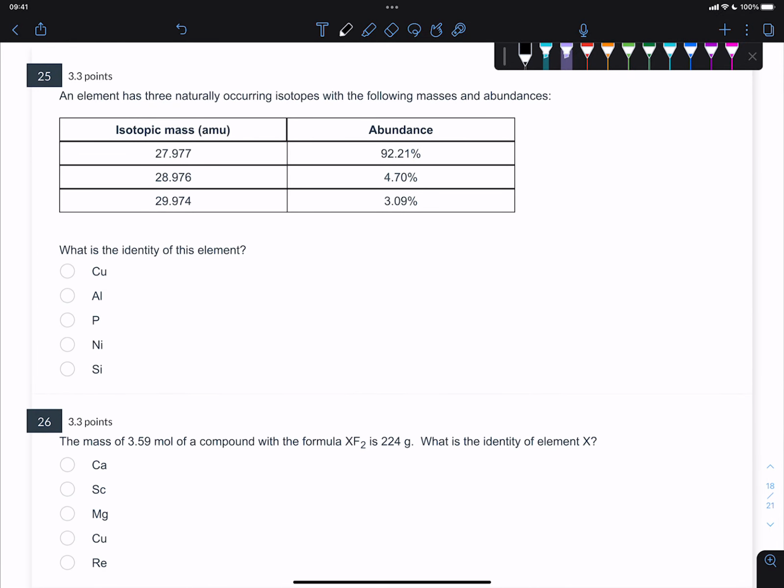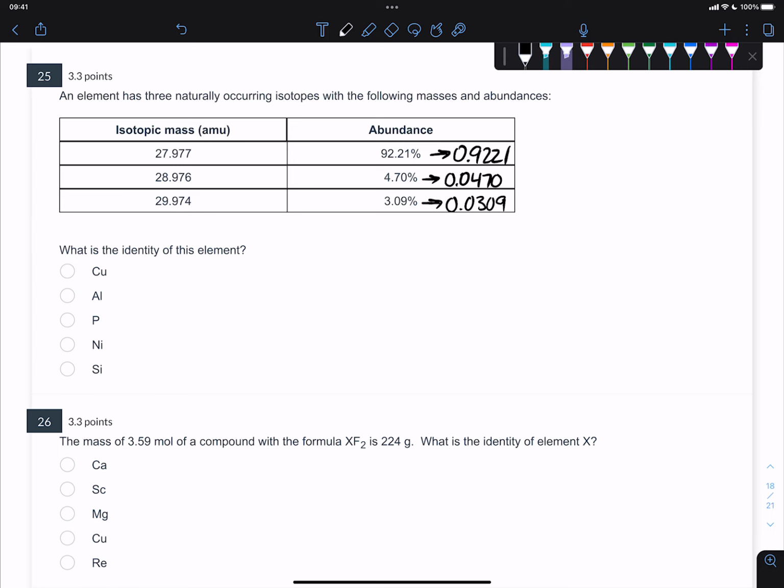Number 25 is a percent abundance problem. This one basically is really simple. When you see something like this, just immediately turn your percent abundances into fractional abundances, because you use percentages as decimal or fractional abundances. So this is 0.9221. This is 0.0470. And this is going to be